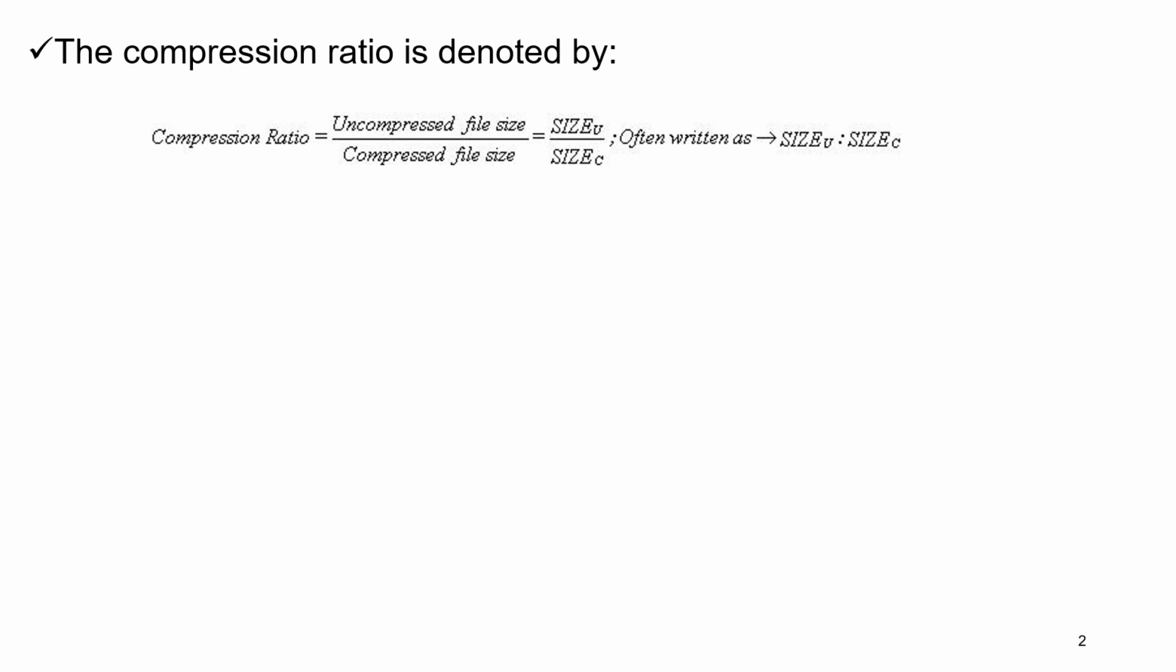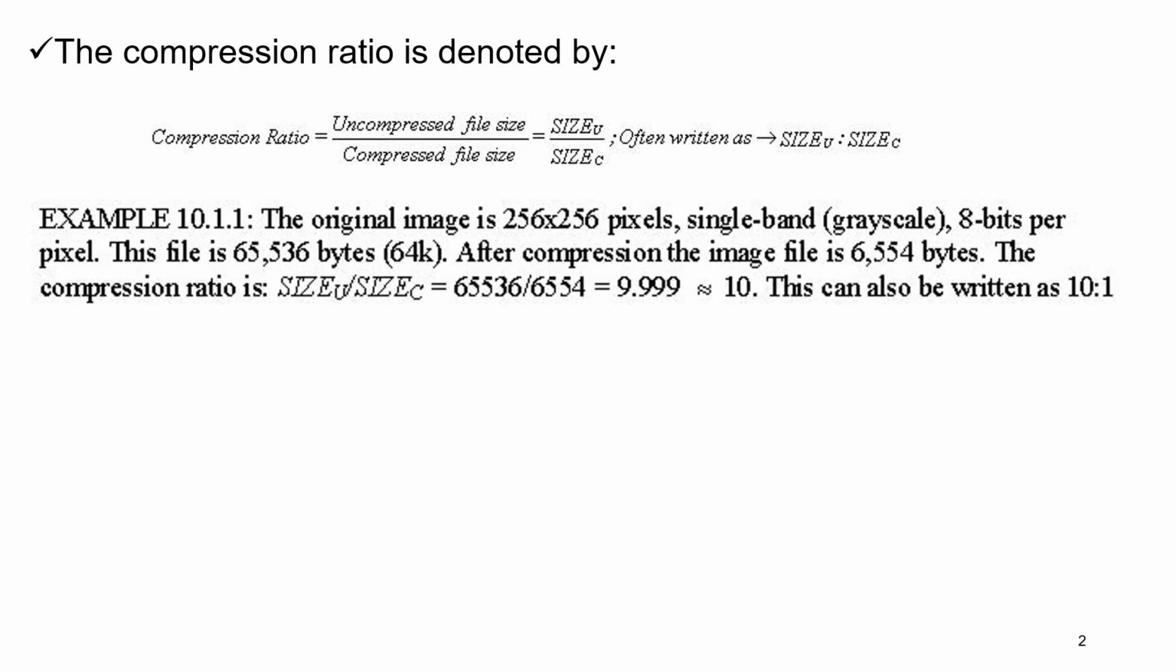In this discussion, let us see some problems on image compression. The compression ratio is denoted by uncompressed file size divided by compressed file size. It is often written as size_u : size_c. For example, an original image has a